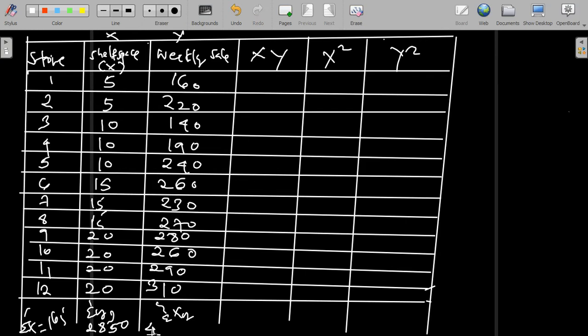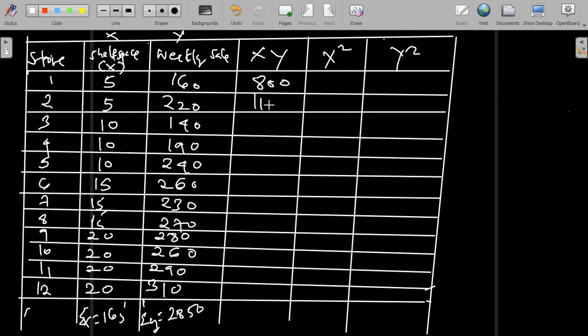So the summation of x will be equal to 165 as you observe, and the summation of y will be equal to 400 and 180. So we take out the summation of x, that is equal to 160 when you plug in. So here we have the summation of x, which is equal to 165, and also the summation of y, which is equal to